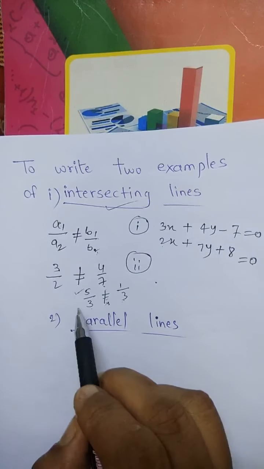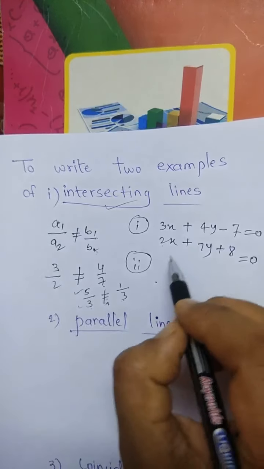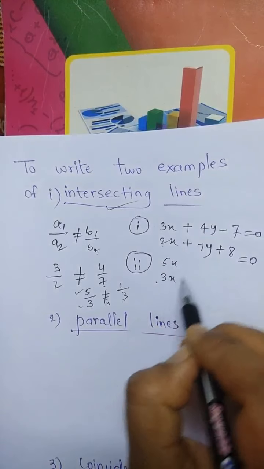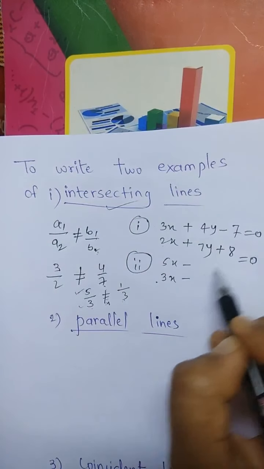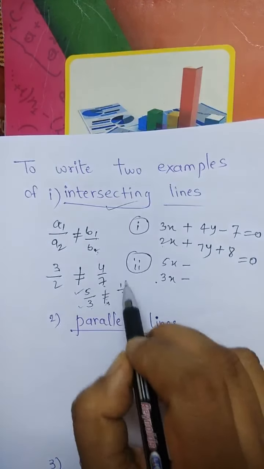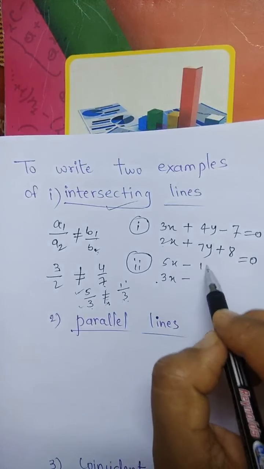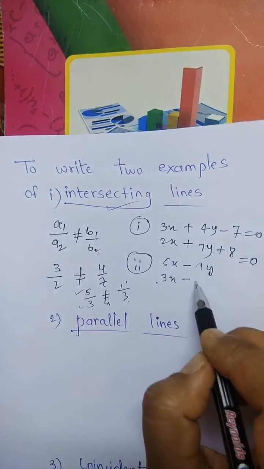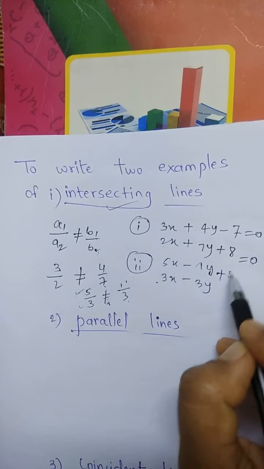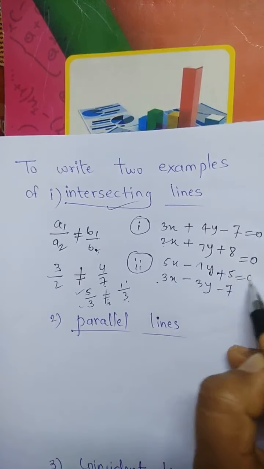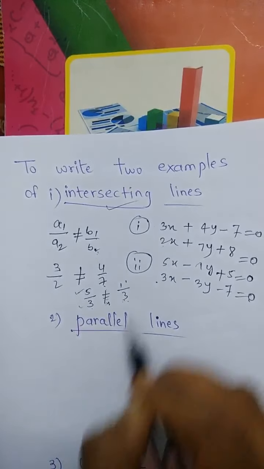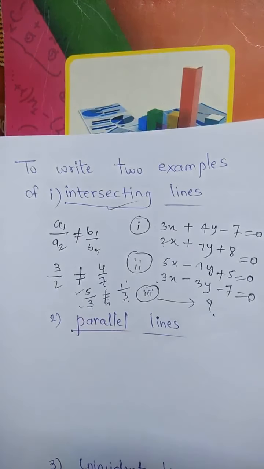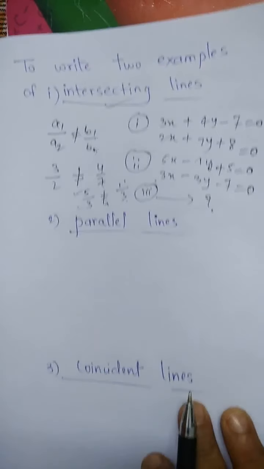So this becomes A1, this is A2. Means 5x, here 3x. You can take minus sign also, no problem. Then B1, B2. B1 is 1y, if you don't write 1, no problem. And 3y, plus 5 or minus 7, anything you can write, equal to 0. Okay, the third one is for your practice time. You note down your own.